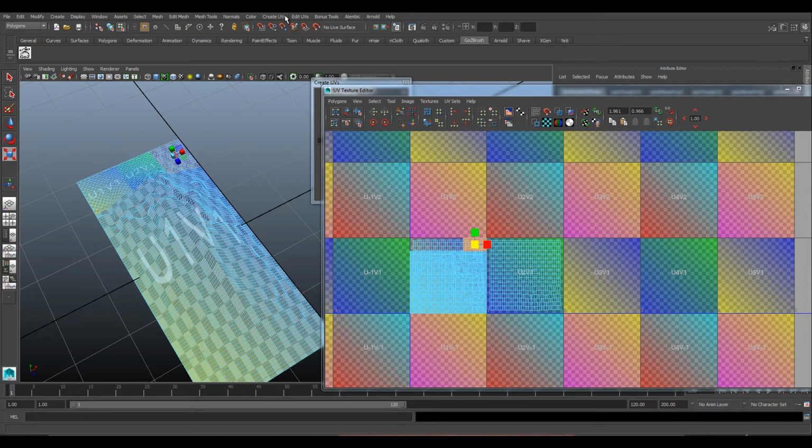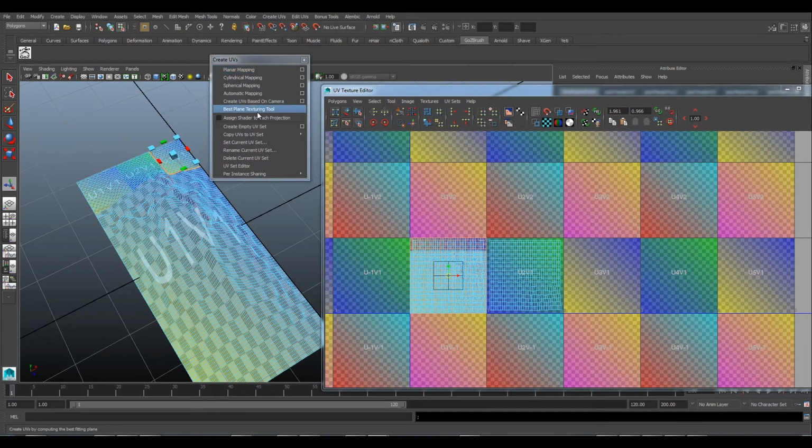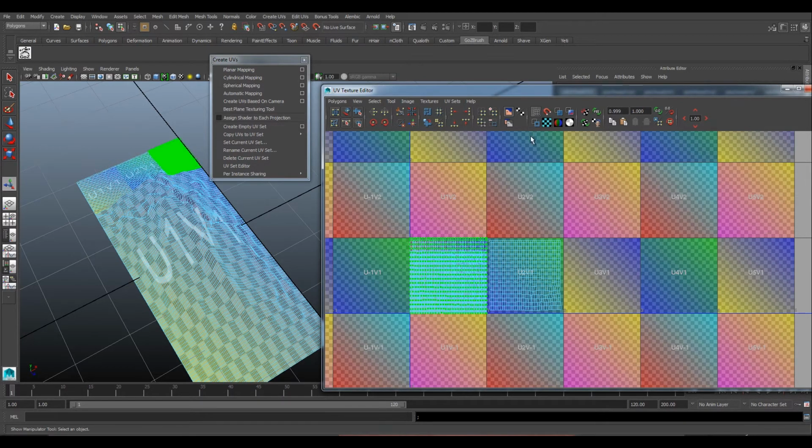Come over here. We've already got this torn off, so we can just planar map real quick here. Hold Control, convert that to UVs. Go ahead and unfold that a couple of times. Hit R to go into scale. Scale that down. And we just basically want to go through this process for all of our tiles until we